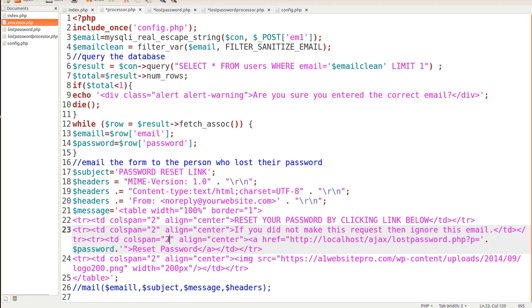We're going to, once again, align the text to the center, and there we're just going to put a link right here, and you'll notice the lostpassword.php and this little question mark, then the p equals, notice the password that we're getting from our while loop up here, okay? And then we close out that link, and we close out that URL string and anchor link it to reset password. We close out our little anchor link there, close out our column and the table row,